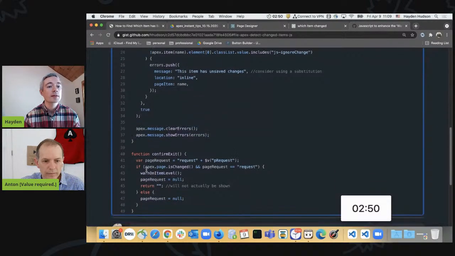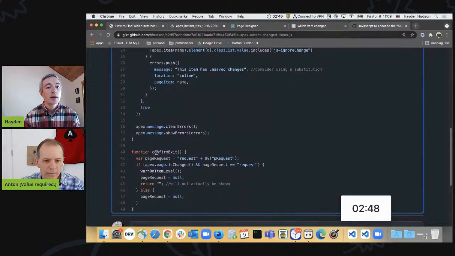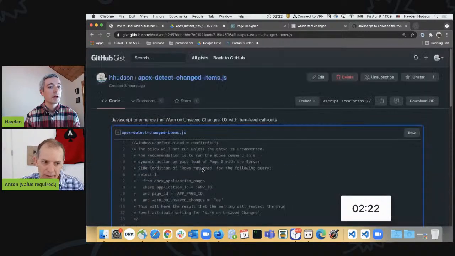All of this runs conditional on the unload event being detected on the Apex page and no request being sent. So if you send the save request or the delete request or what have you, this will not run, which you wouldn't want it to run. Right. So if you push any buttons from Apex, it's not going to. There may be other scenarios where you want it to run or don't, and you could change this as meets your needs, but that's a great starting point.